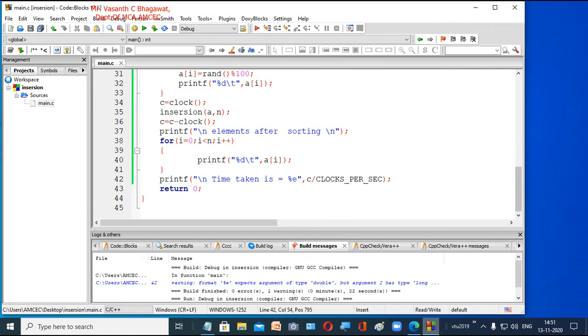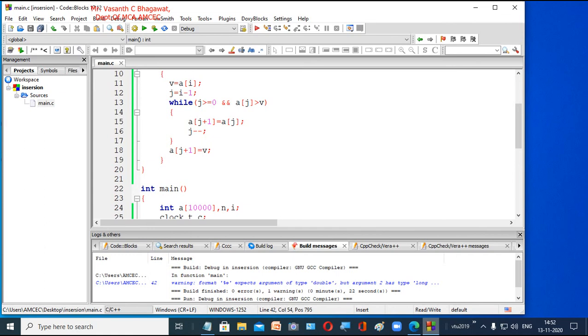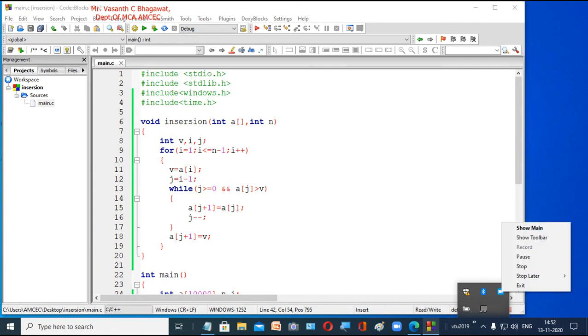So this is about our program called insertion sort. I think it's very clear now. Once again, don't learn by heart. Try to write it, understand the algorithm, look into the theory of how insertion sort actually works, and practice it properly. The more you practice, the easier it becomes to understand this program. Saying this, we will wind up this session on insertion sort. In the next session we'll be looking into some other very interesting programs in analysis and design of algorithms.